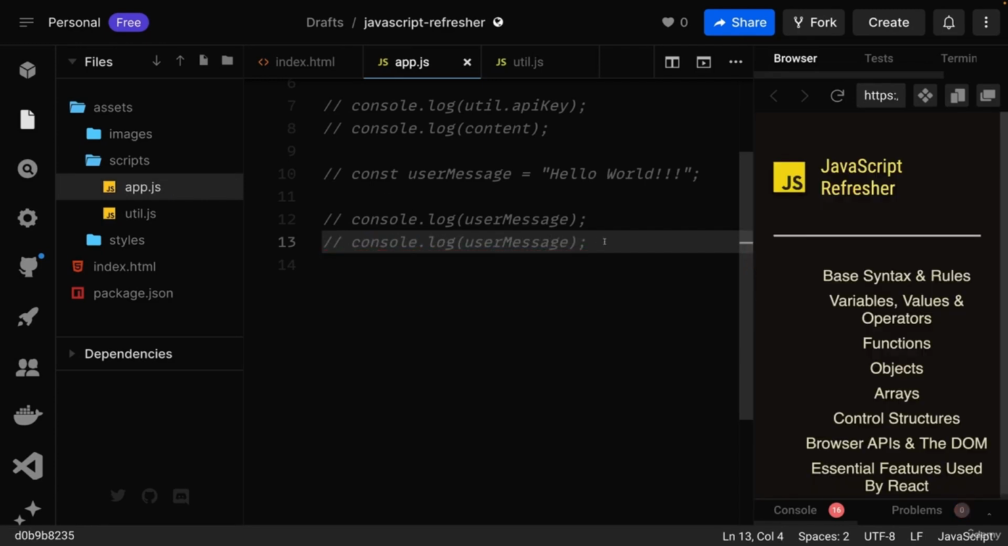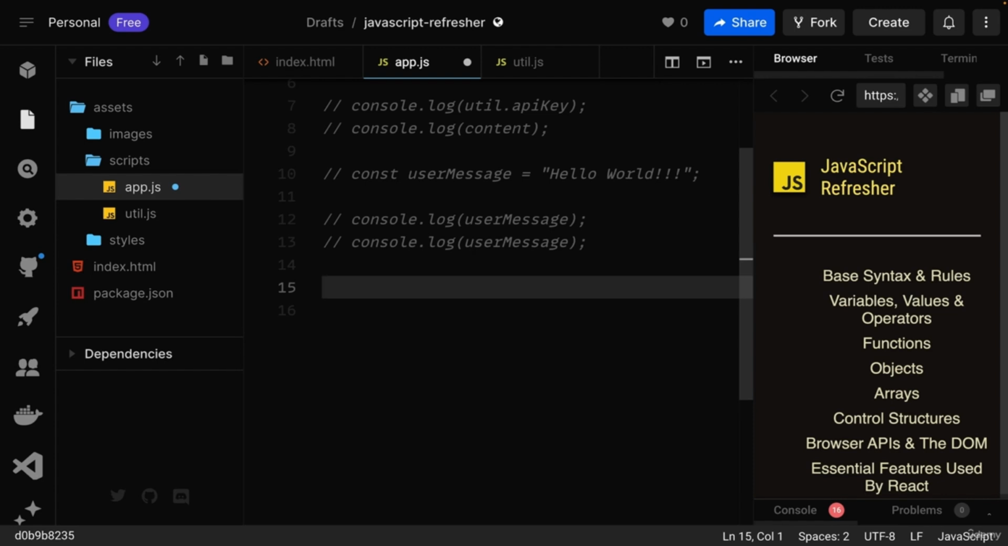So let and const are super important. Another very important concept related to values are operators. For example, in JavaScript, we can perform math. We can use the plus, minus, times, and division operator to perform math, and to, for example, divide 10 by